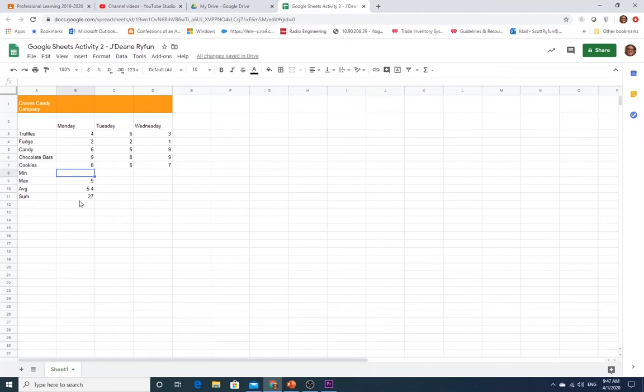Okay. And again, the purpose of all this is to be able to use all of these functions. Can we add all of these numbers together quickly? Can we find the average of all these numbers? Can we find the maximum of all these numbers? Can we find the minimum of all these numbers? Now, granted, with this small of a set of numbers, the maximum and minimum, you could probably just look at and figure out on your own. But I do want you to practice actually using those function buttons, because